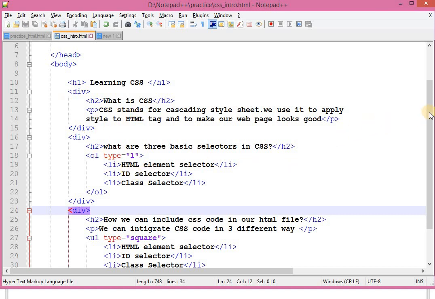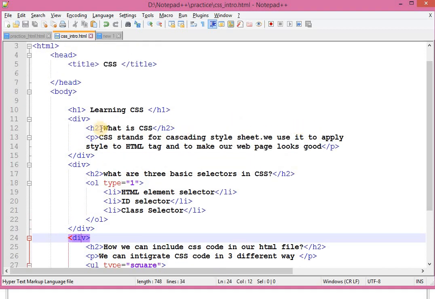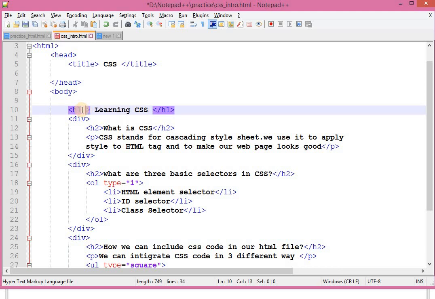So let's see if I want to apply CSS. First of all, I can include an inline style. Using the style attribute of an HTML tag, I can apply style. How? Let me show you. This is the style attribute and I can integrate it like this. Style is an attribute, that's why style equals to whatever value it will have, it will be in double quotation marks. So within double quotation marks, let me give it style.